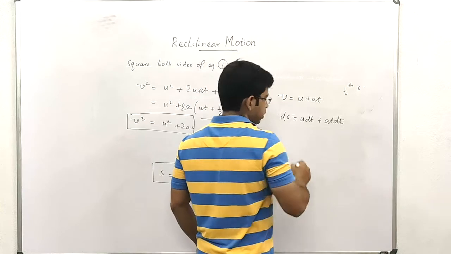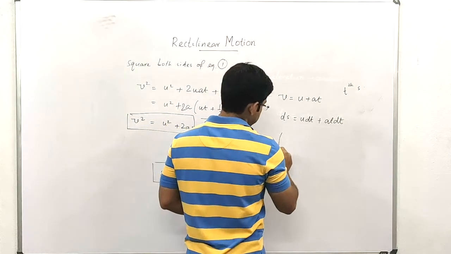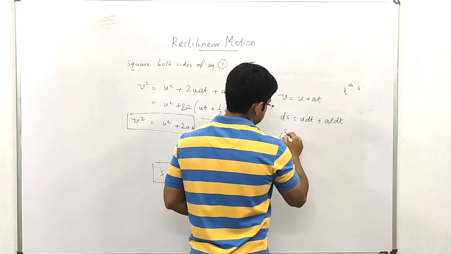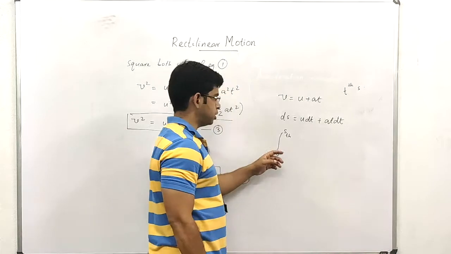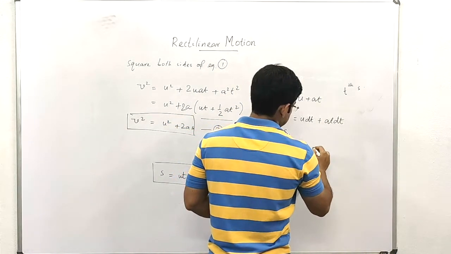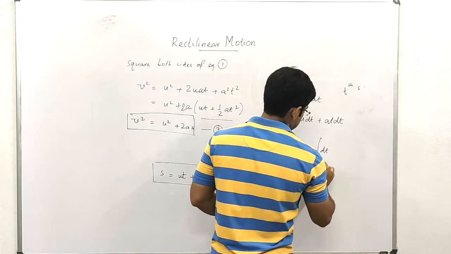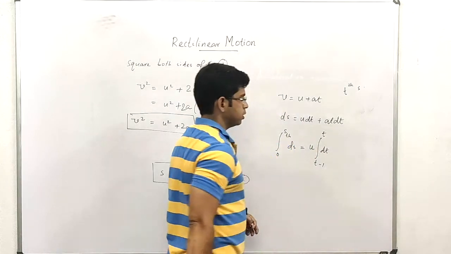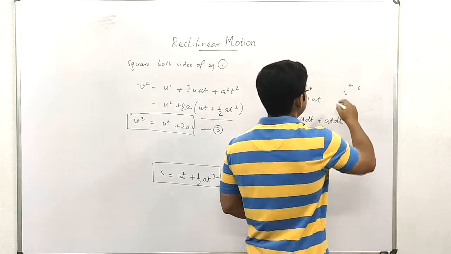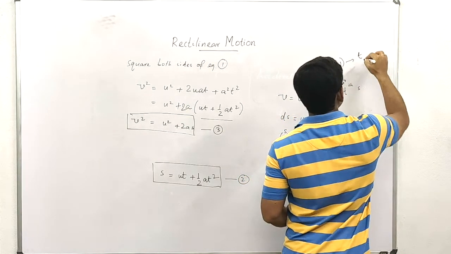So if we want to find out the distance traveled by the particle in the tth second, then we will integrate this equation, distance in the tth second ds, from t minus 1 to t. So we are considering the motion only in the time limit from t minus 1 to t, that means in the tth second,